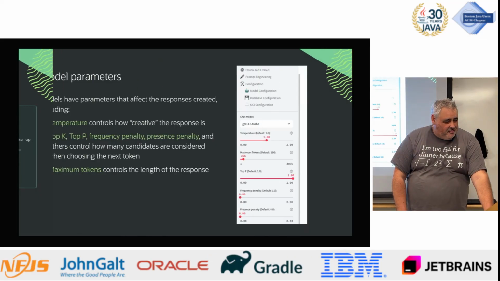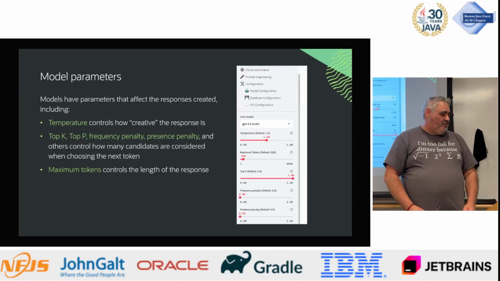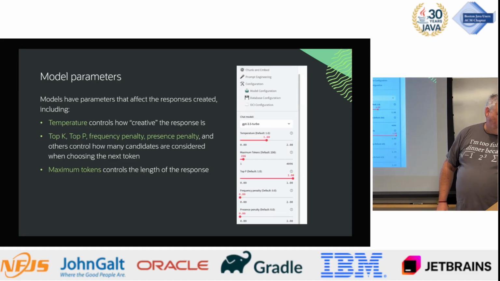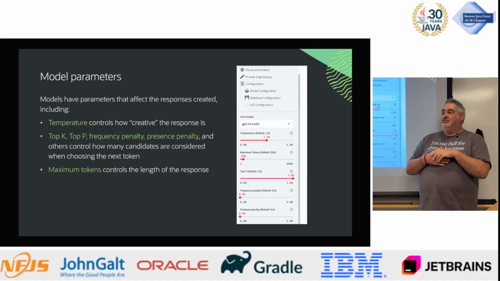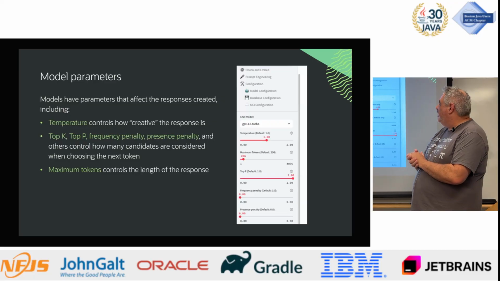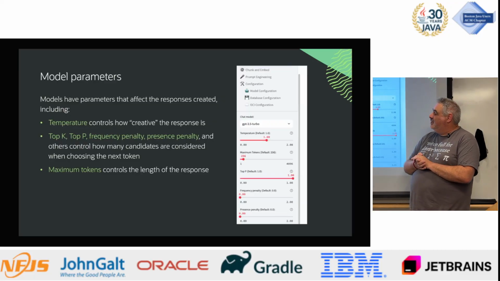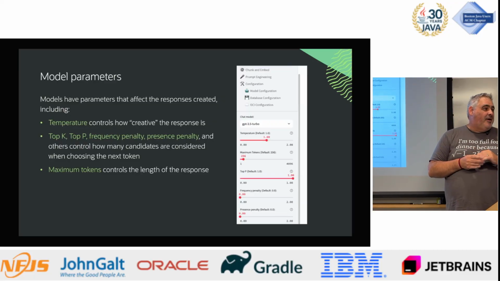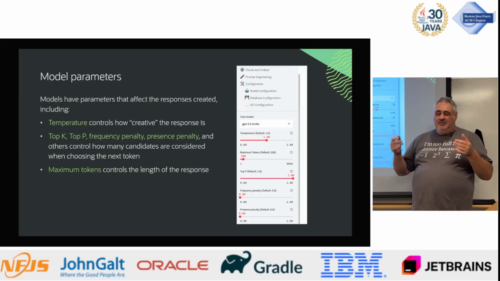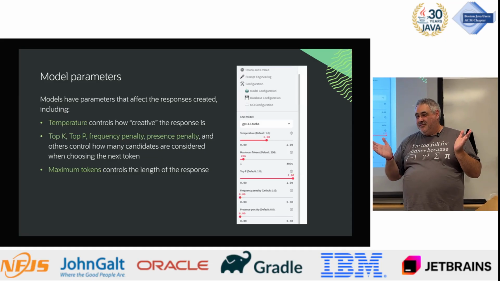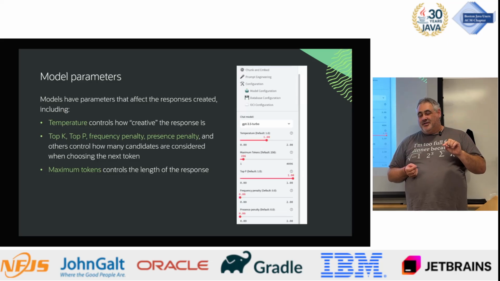I think we're good. Okay, parameters. Models have parameters. I'm not going for time here. Models can have lots of parameters, and actually these are called hyperparameters, technically. When they talk about model parameters, like when you hear that ChatGPT has 20 billion parameters, for example, in the neural network, every weight and bias is a parameter.